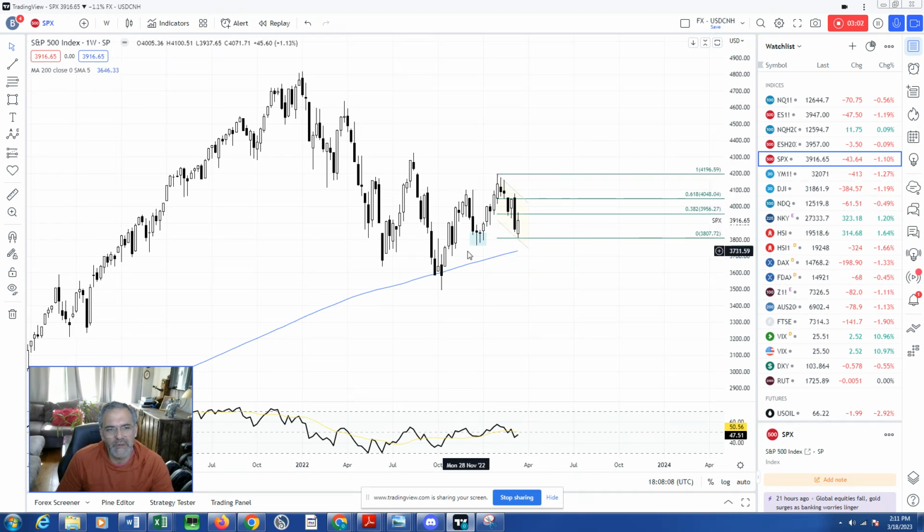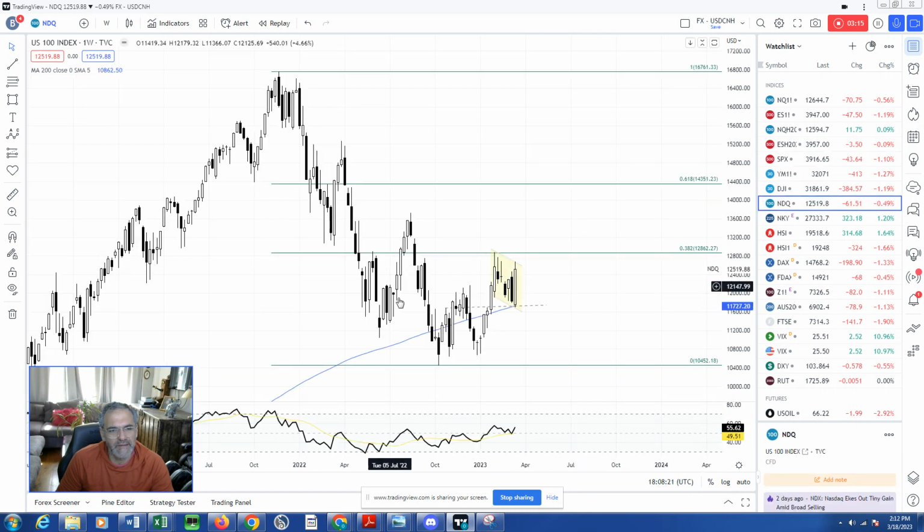This is very choppy, and it's been very choppy for a long time. So, very short term views here. I think eventually we'll break down lower, but not committing too much here. Same with the NASDAQ. NASDAQ had a good week. Again, this has been a very choppy market. Found support right on the prior highs, but nothing really. Very choppy, short-term trading for me.